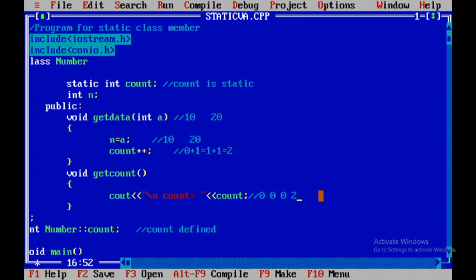Then it will call y.getCount, and again value of count will get printed, it is still 2. When z.getCount is called, again it will print count value and that is still 2 because it is getting shared among all objects.